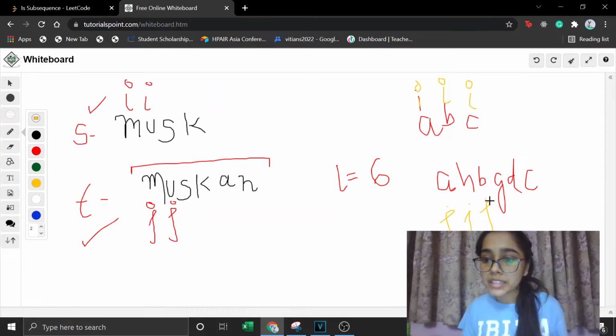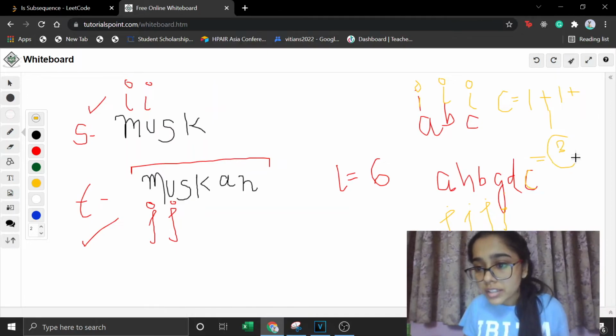Okay, and now our I is here and our J is here. We will check if G is equal to C. No. We will check if D is equal to C. No. We will check if C is equal to C. This is the last element that we are searching. Okay, we see that yes, C is equal to this particular C, and we are also maintaining a counter. So when we find this, our counter is 1. When we find this, the counter is plus 1. Then another C we found, then the counter is plus 1. Okay, so finally the counter would be 3.